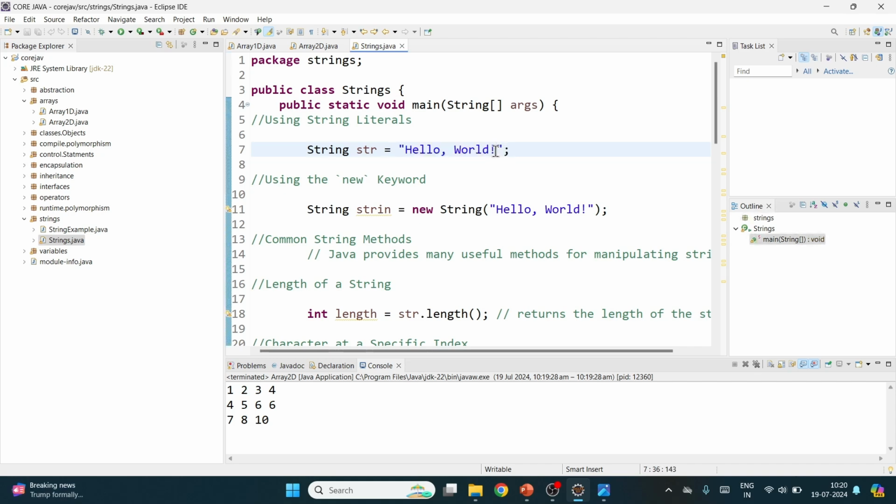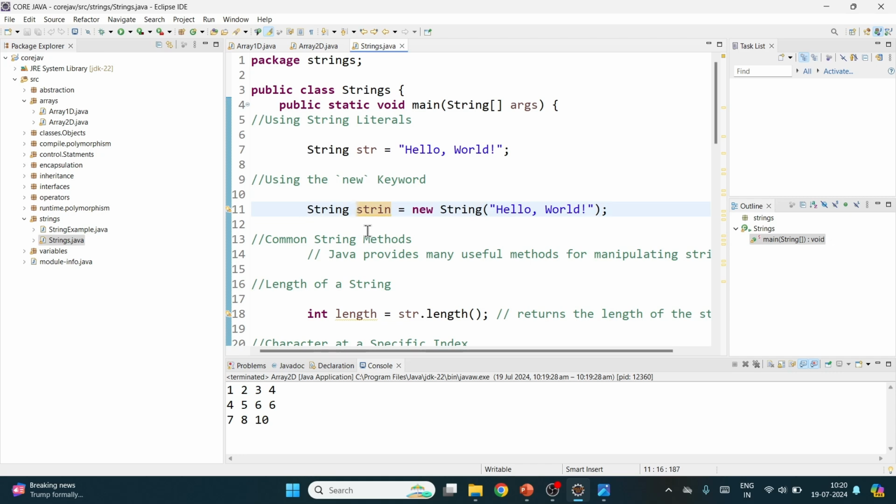We will be enclosing everything inside double quotes, and that will be known as a string, right? So here, hello world is a string which you are storing in a string named str. We can also use the new keyword to declare a string, and String is nothing but a predefined class in Java, so the compiler can understand this. This is a constructor type of thing, guys. There will be a constructor for a particular class that will be invoked, and the new keyword is used to dynamically allocate memory to the string, and the output will be stored in the format of a string,